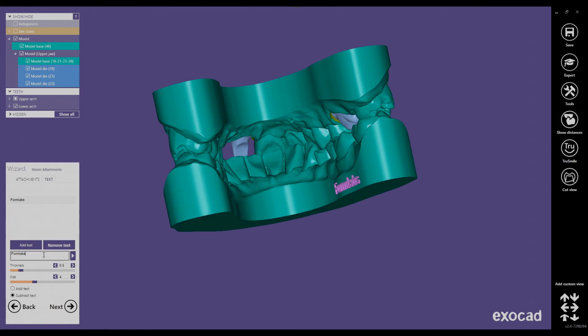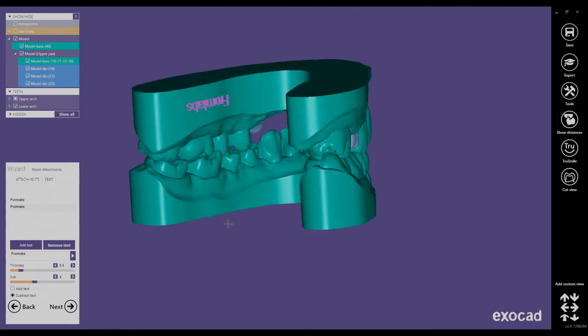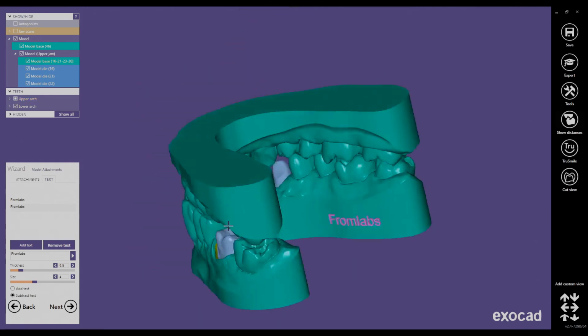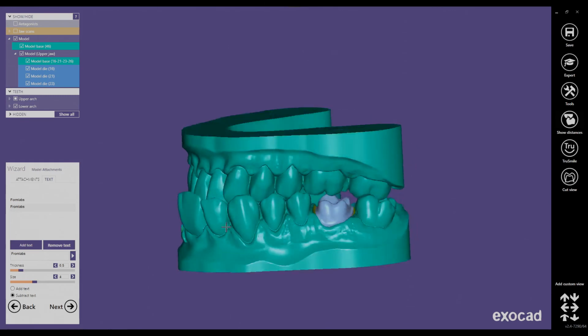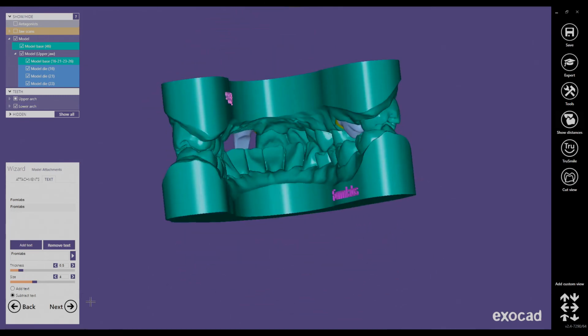So now we're going to add this text again. Here we are. Both models are labeled, and now we click on next